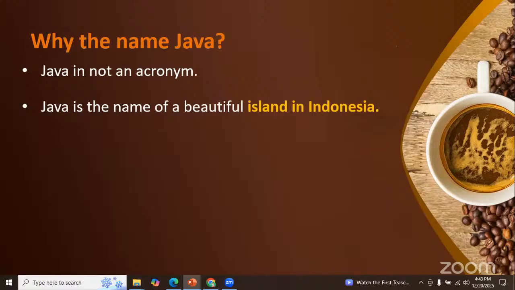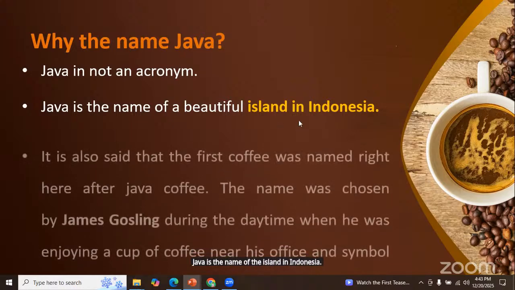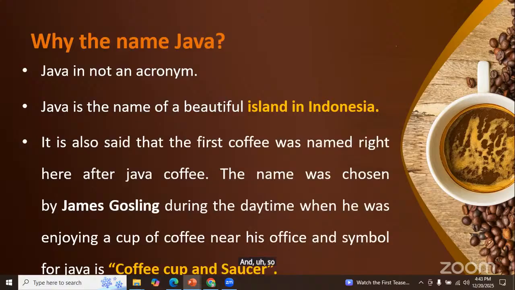And why did they give the name Java to this programming language? Java is not an acronym. We don't have any full form for Java. Java itself is a name, and let me give a few reasons why they use the word Java. Java is the name of an island in Indonesia. And whenever Gosling's team was working on that project, the Green project,